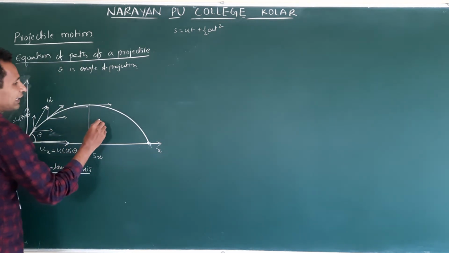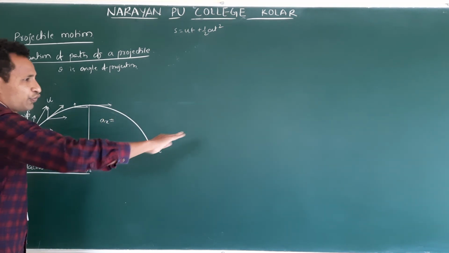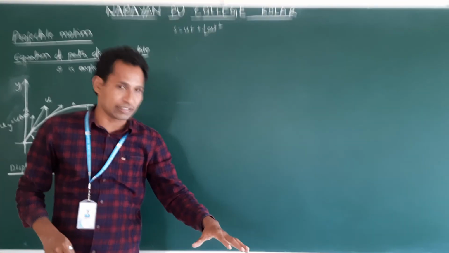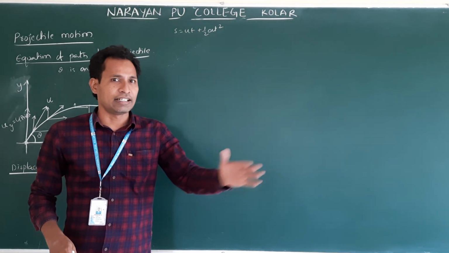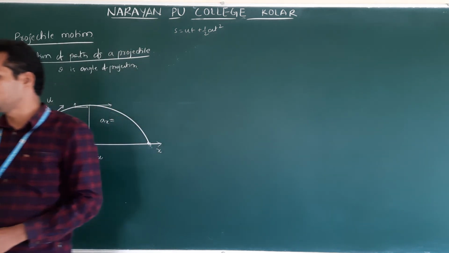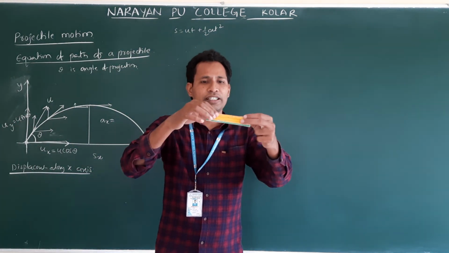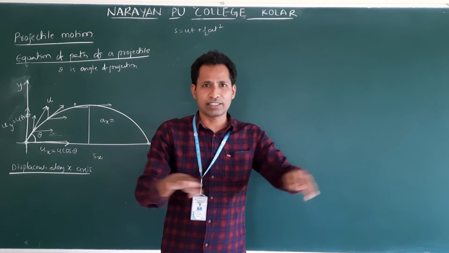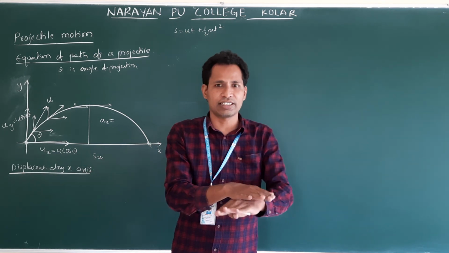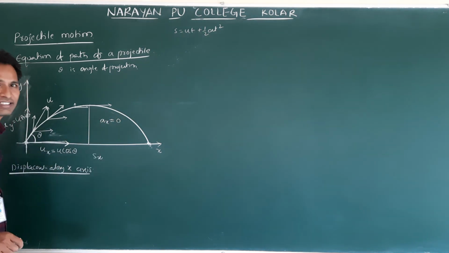So now, acceleration along the x direction we are taking as ax. Along the horizontal there is no force acting. Suppose you drop an object, that will fall straight. It will not move sideways unless wind blows. Wind is not there. Imagine the situation. If you drop an object, this object will fall straight. See, this duster, I am dropping. Clear? It falls straight, not horizontally. It will not move. Understand? What does it mean? No force acts along the horizontal. No acceleration along the horizontal. So ax is 0.